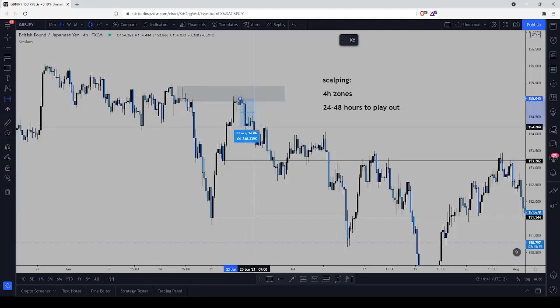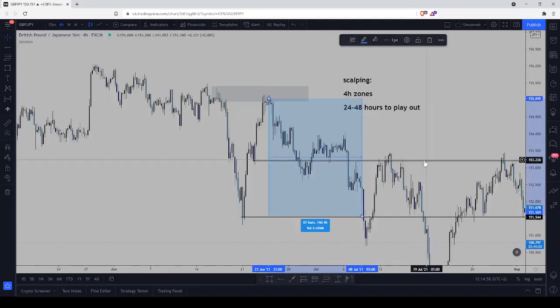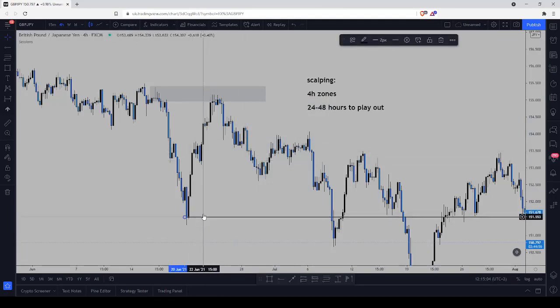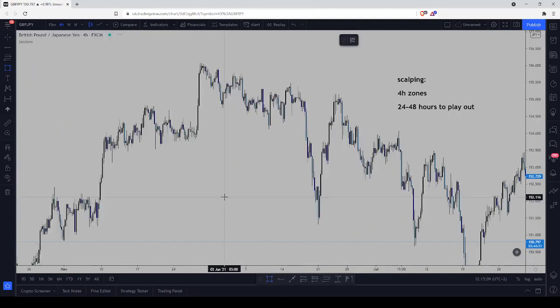So if you enter more or less over there, this would take you even 4 days. This is a little bit longer than usual, but it can definitely happen. So this would take 4 days, for example, to reach the first target, and the next target would take like 2 weeks. So this would actually be a scalp that takes a bit longer. I've seen that it usually goes a little bit faster. I can show you some examples as well, but it also depends on the type of zone that we're trading.